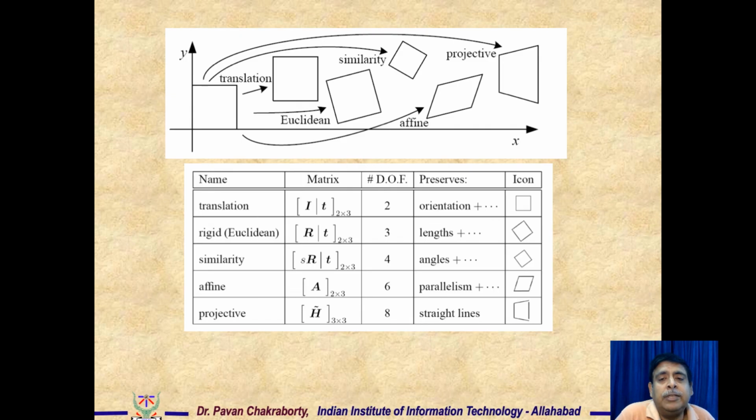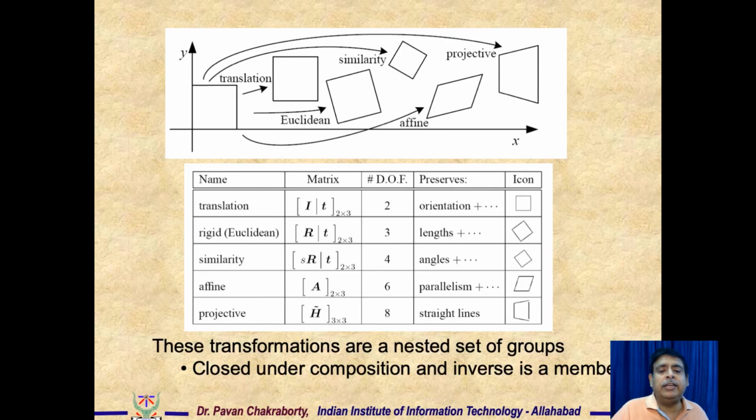The affine transformation and projective transformation will be looked at in a later lecture, where the operations are provided here. These transformations are a nested set of groups, closed under composition, and the inverse is a member of the composition. Please note, scaling with S equal to 0 is not